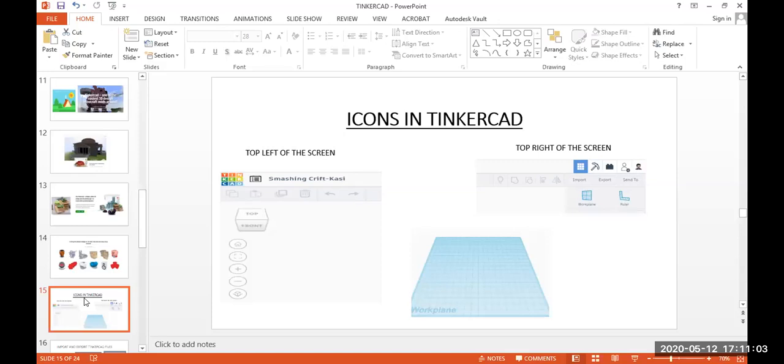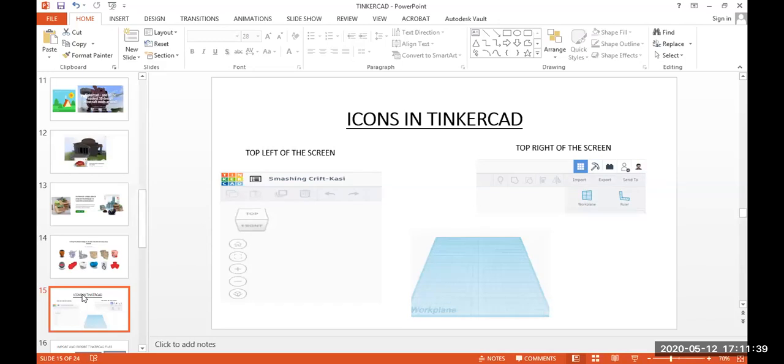On the left side, there are so many options, that is, a view cube, then viewing options, that is fit in, zoom out, orthographic view, perspective view, then copy, paste, duplicating, delete, undo, redo, etc. On the right hand side of the screen, you can group objects, ungroup objects, align objects, mirror objects. Then you can import 2D or 3D designs.